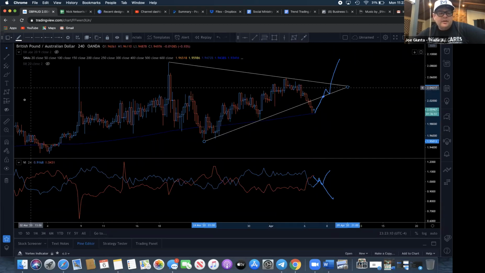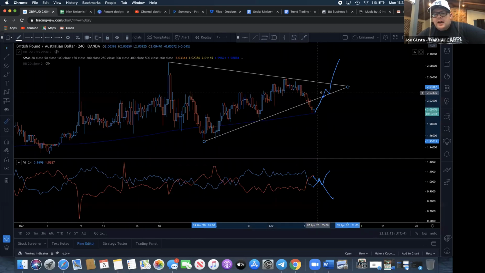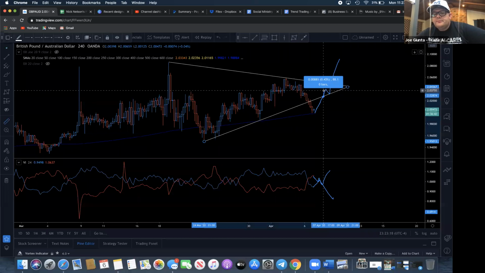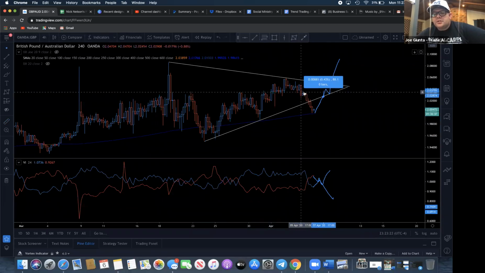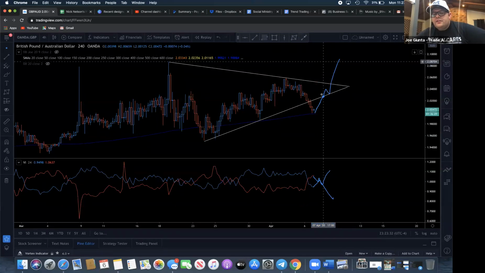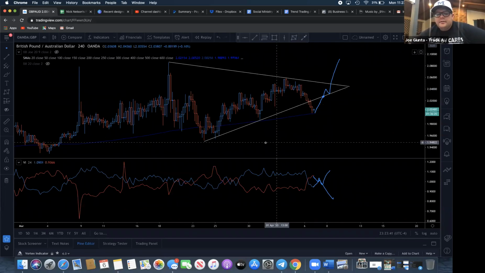All right, so if I'm gonna get in off of the retest, if it retests here, and let's say I'm looking for this move down, I'm gonna risk 90 pips, okay? Let's just say 90. So right there, notice that that's right at my level of structure, right? So you risk that 90, and if it goes beyond there anyway, we're no longer looking for a sell. We're looking for a buy at that point. So why are you still looking to be in the trade? You take your loss and you move on.